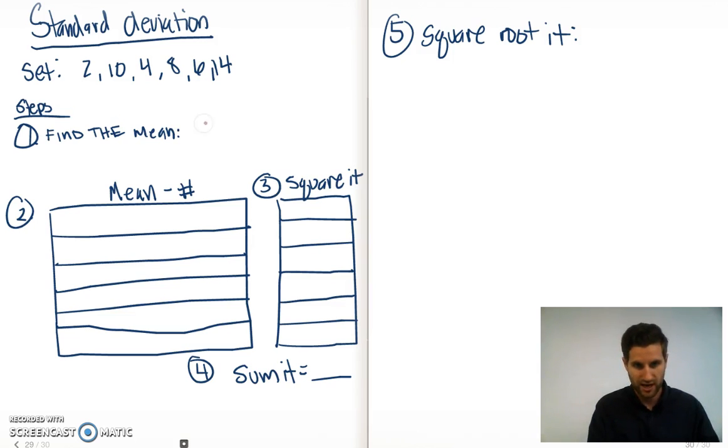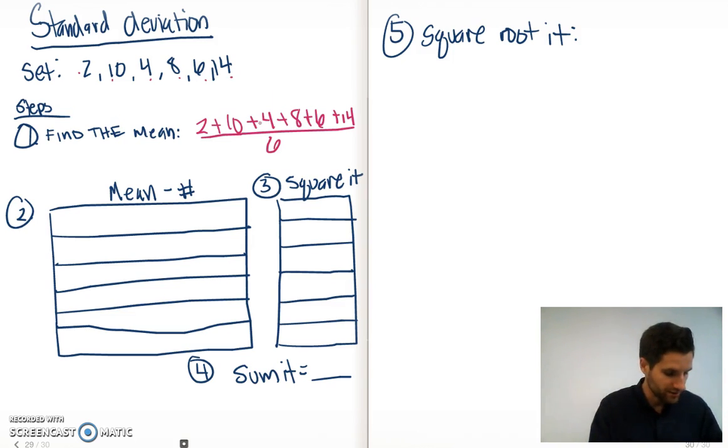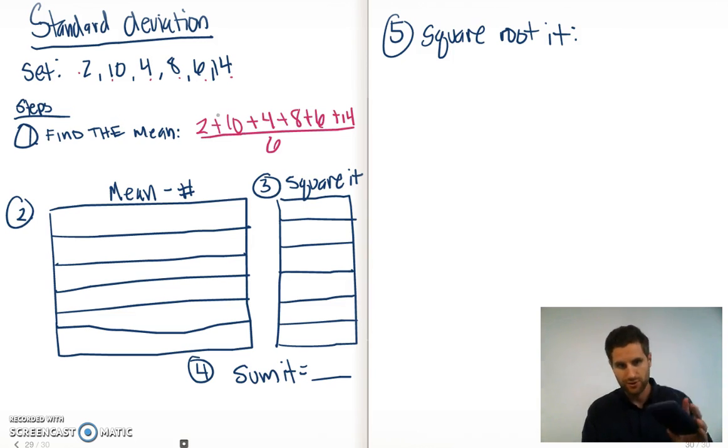The mean, we just have to add them all up. So we're going to do 2 plus 10 plus 4 plus 8 plus 6 plus 14, and divide by the amount that we have. So you have 1, 2, 3, 4, 5, 6 objects. I'm going to add those up on my calculator. Very important to have a calculator today. If you don't, use your phone. So I got 44